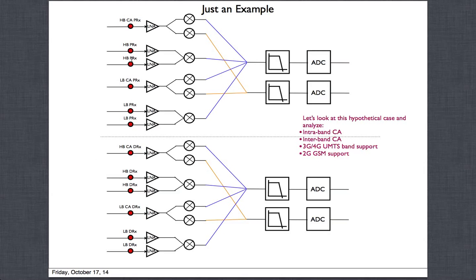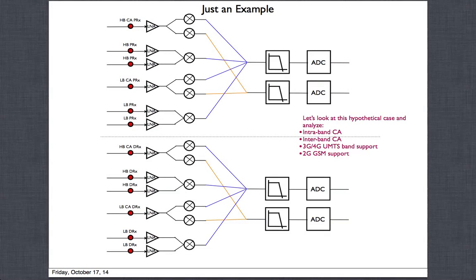Okay, so now what are these 2? You could have a case where you say, you know what, I'm going to do either one of them is a band 1 in high band. I'm just doing the normal. If you don't have carrier aggregation and you want to do a band 1, you can put a band 1 duplexer here. So this provides me band 1 UMTS support, and maybe put a SAW filter here, like GSM 1800 or 1900 SAW filter that you need, and this path I can turn it on when I have 2G support. So this could be a simple 2G support case with a SAW filter here. This could be the 3G path, say band 1, band 2, something like that, a 3G path based on what duplexer you put.